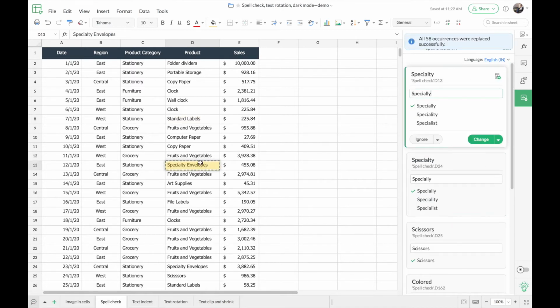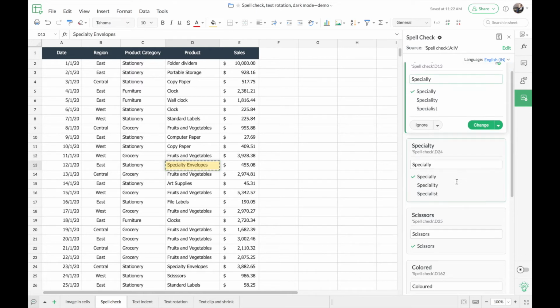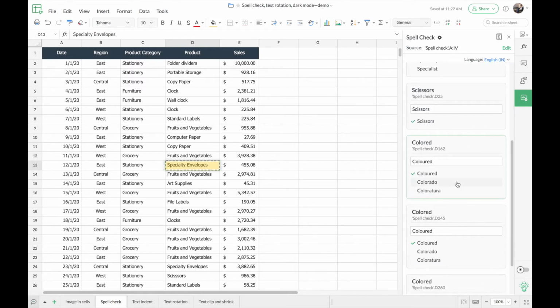So you can see that the highlight on the left has now changed to the next suggestion or the next term, and a misspelled term has been replaced with the correct term here. And in the list of suggestions, if you have any term that you feel is correct and you do not want that term to be taken into consideration, or if you do not want that term to be detected in the future, you can also add it to your personal dictionary.